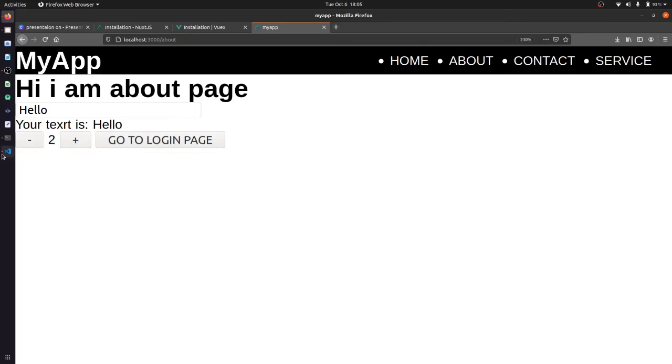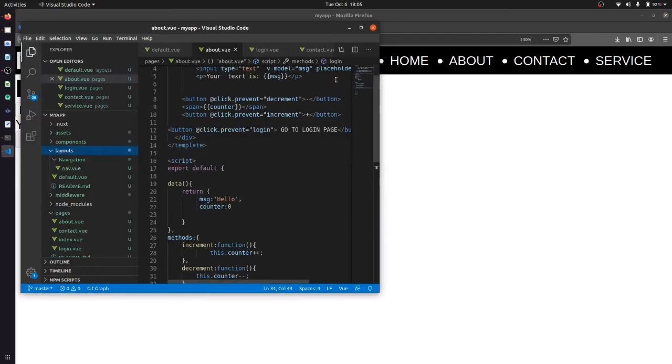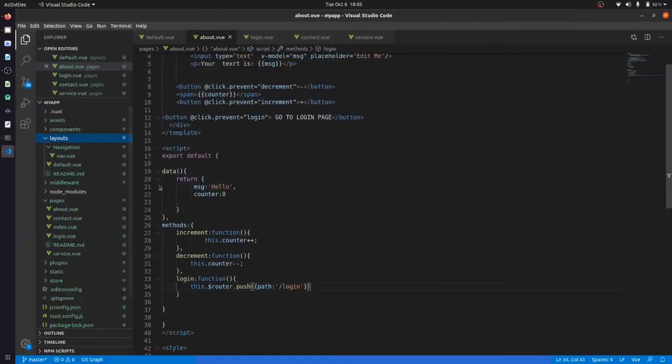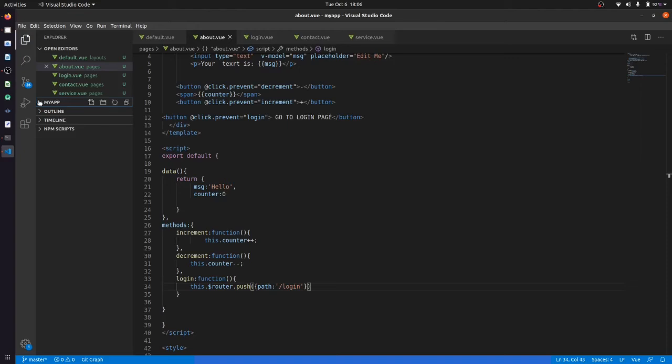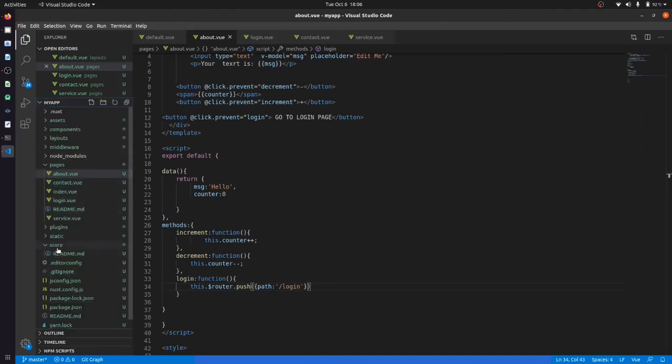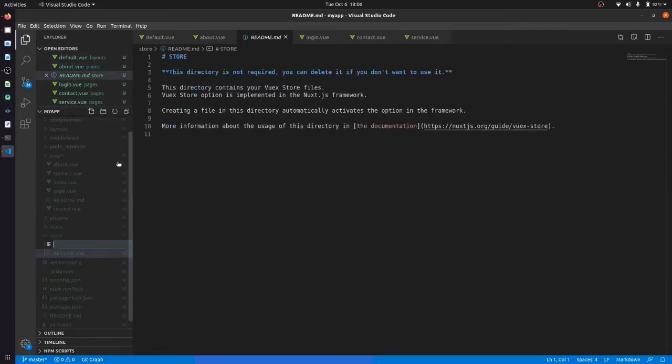Okay, so what we will do now, we have a store folder. I will create an index.js file here, inside this, parallel to readme.md.